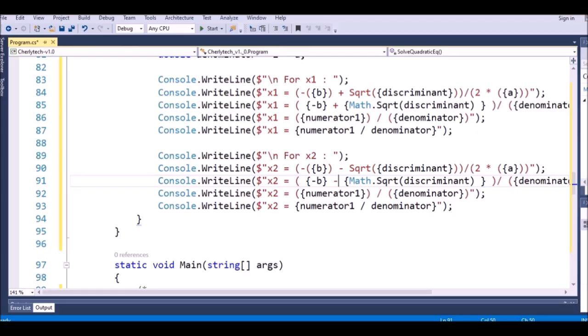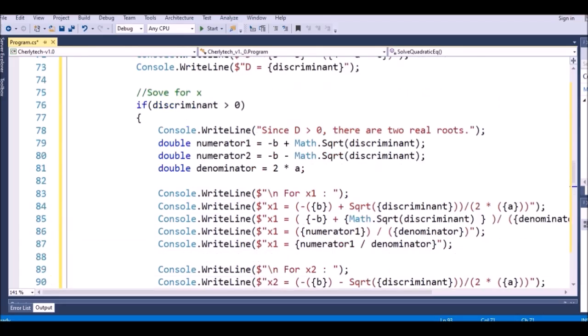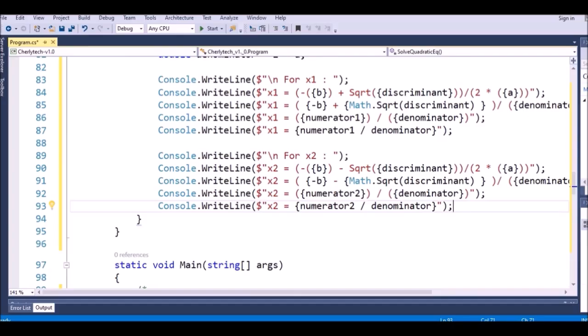What else? We have to change the numerator, right? This one to be number 2 and this one to be number 2, like this. Okay, so now we finish for x1 and x2,